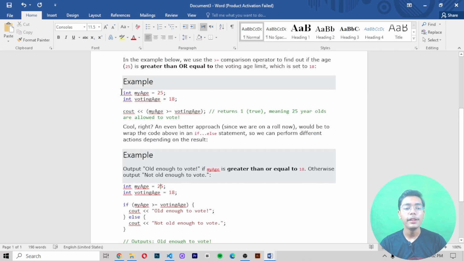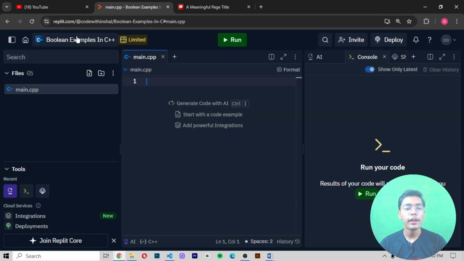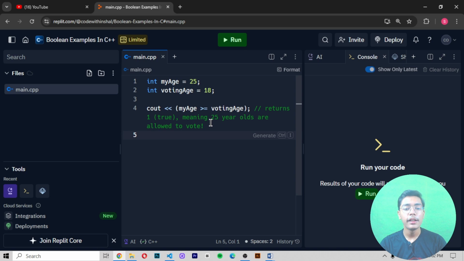Now we'll be copying all these things so that we can see what output we are getting when we are using all these things in the editor. So I'll be moving here, and you can see I've also set the title, which is Boolean examples in C++. I'll be pasting all the things here, and after pasting these things, you can see we are getting